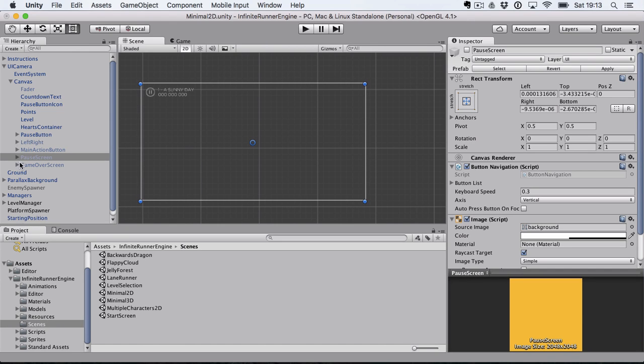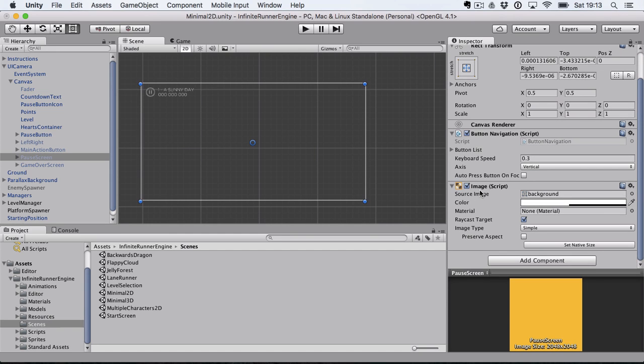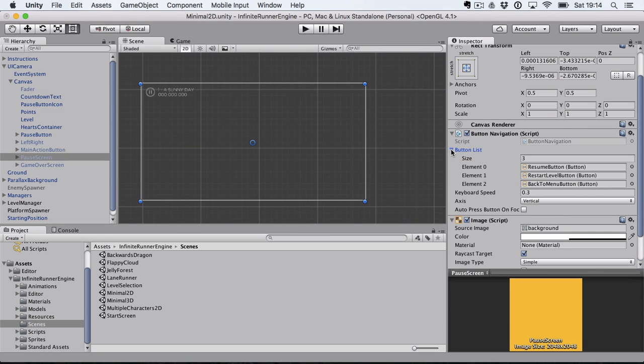And the order of these buttons and how they are linked with each other works with this script that is on the pause screen prefab. It has a button list where you just drag and drop all the buttons. You have to set a size for that. Then you can define the keyboard speed. That's if you press, for example, the down arrow, and you keep pressing it. That's how fast it's gonna repeat